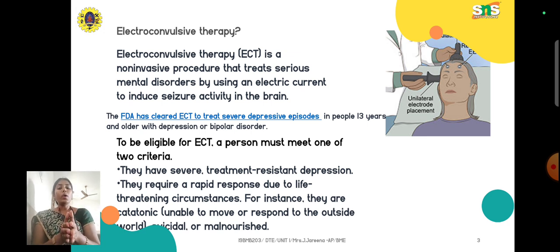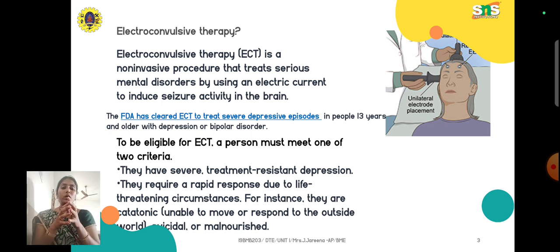So the reason we are inducing a seizure is that, by doing that, we will equalize or normalize the mental behavior changes. That is the main motto here. Just by inducing seizure activity, by stimulating specific brain cells, we are regularizing the normal brain activity. Okay, the reason we have to go with this particular ECT is when people have some